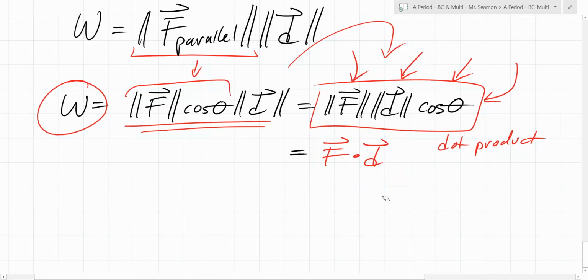But if you have both magnitudes or one of the magnitudes and the vector, so effectively you just have the magnitudes, you need to use this one, and that's what we used. But if you have the vectors, use the dot product. That's the moral of the